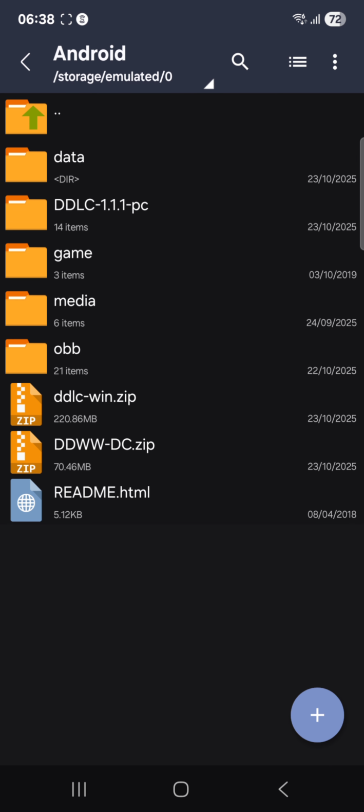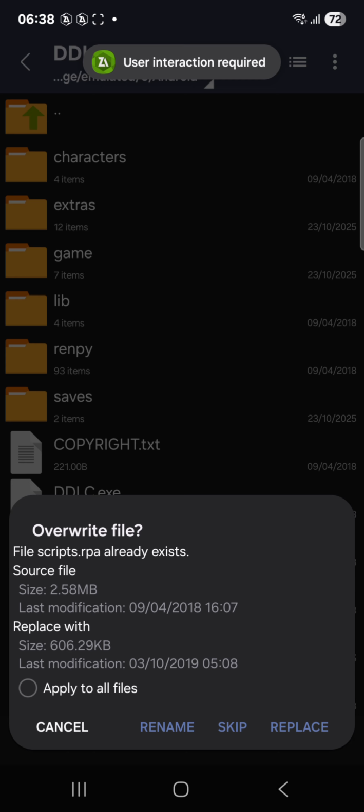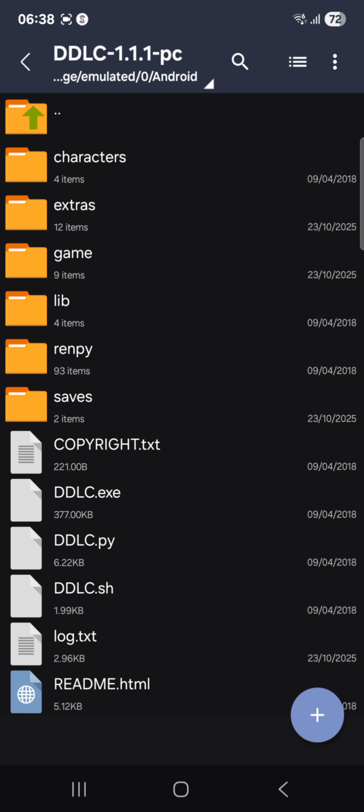So once you find the files from your mod, hold it, press cut, go into the Ddlc folder and press replace and press paste. If it says something like this, it means that the files are overlapping. This is good. What you want to do once this pops up is press apply to all files and then press replace. If that's popped up, that means that your mod has now pretty much worked. So once you've done that, go back